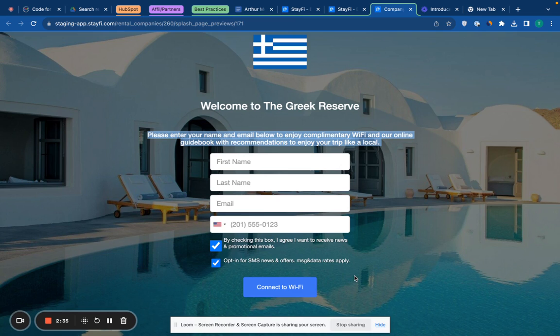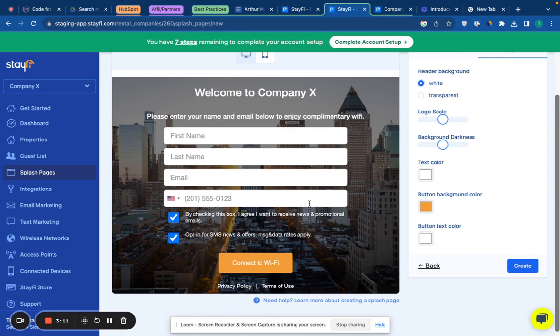With a redirect URL, I do want to mention that it can be leveraged to be an important tool. You can either direct them to your direct booking site and on the landing page, allow them to extend their stay or get a late checkout. You can show them your guidebook with special local experiences or activities, rent or buy items that they can have delivered to their room, explore your other properties, or really any other upsells that you have available. So you're going to want to make sure to make use of that, since it can really help increase your incremental revenue, give a stronger impression of your brand, and lead to more direct bookings. But that is a quick overview of how to create a compelling splash page to introduce your brand